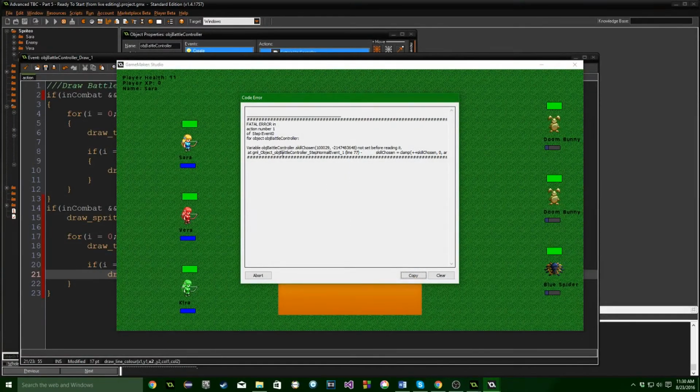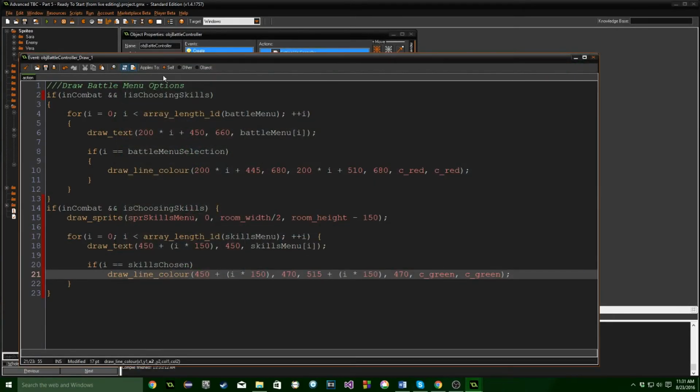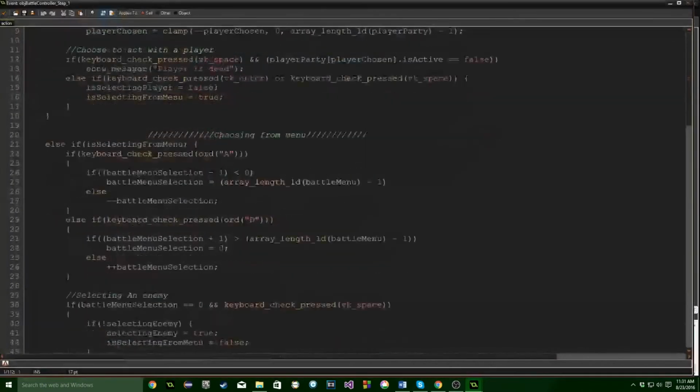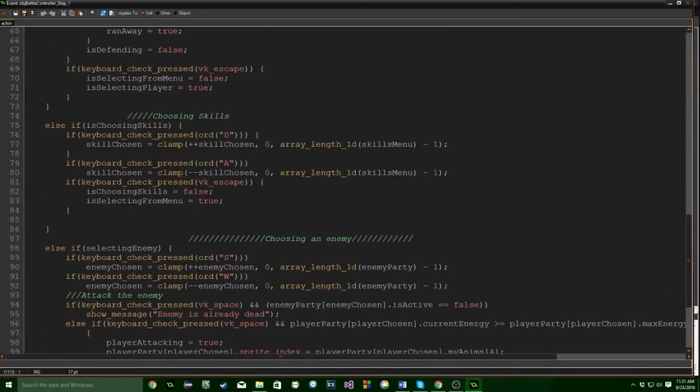Okay, I pressed D and I got one more error. So again, this is just a typing error. I put skill chosen here. So when you choose a variable name, make sure you remember it and stick to it. So normal event, step 1, line 77. Okay, let's go into that. Line 77, skills chosen